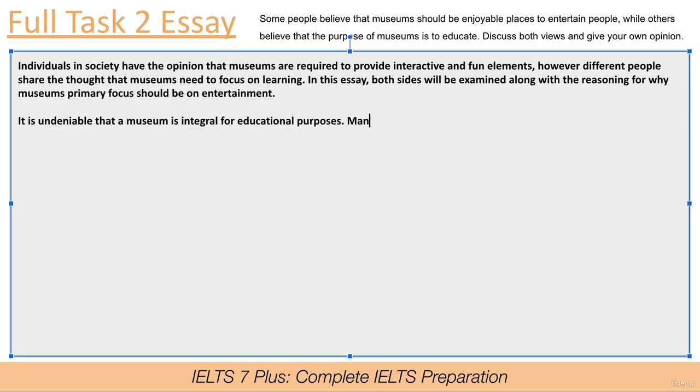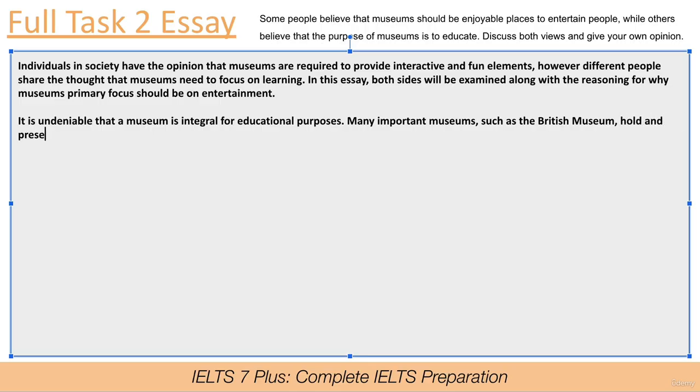That's our topic sentence, and now we can really get started with the support. Many important museums, such as the British, and we're using capitals because it's the name, proper noun. Oh, spelling. Many important museums, such as the British Museum,